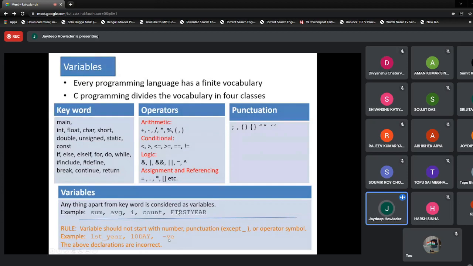Similarly, a variable cannot start with an operator or with some punctuations. So the rules are simple: a variable should not start with numbers, punctuations, or operators. There is an exception: the underscore symbol can be used as a starting symbol of a variable.